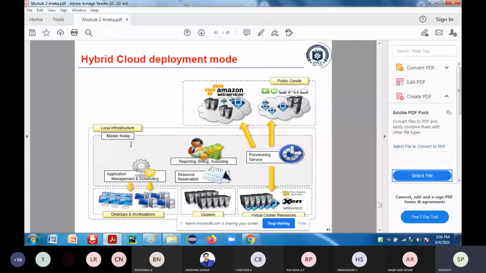Then you should have accounting, monitoring, and reporting services. These are some of the things you have in the hybrid deployment model.